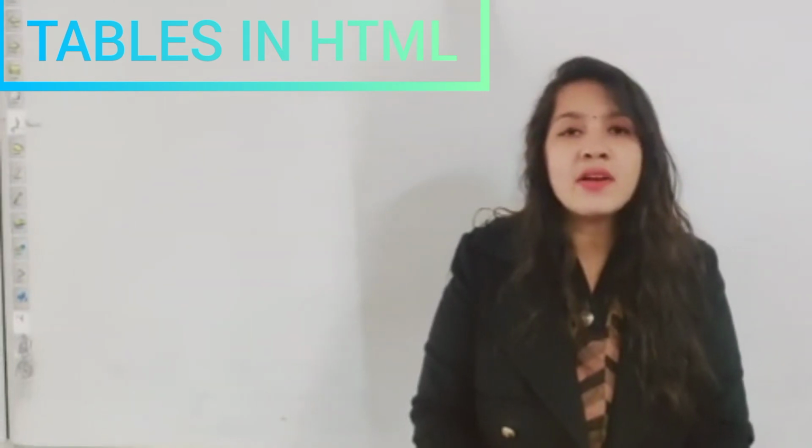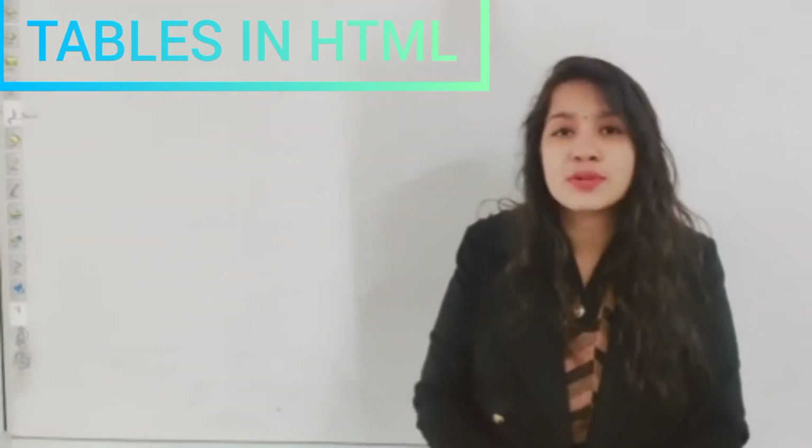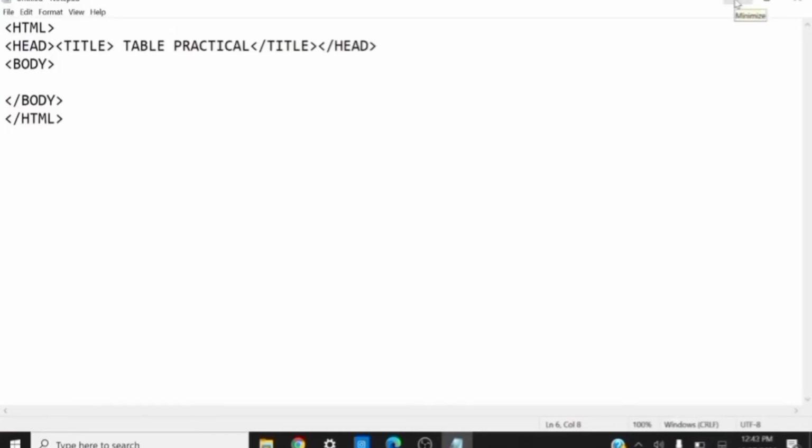So for further detailed knowledge of that, we will move to our slideshow screen to learn about the table tag, meaning how we can create a table in HTML. Before starting the practical work, we will learn first what a table is. A table is the intersection of rows and columns, where the horizontal series of cells represents the rows and the vertical series of cells represents the columns. These are useful components of a web page that represent tabular information. HTML provides us a set of tags that can be used to define the table structure.